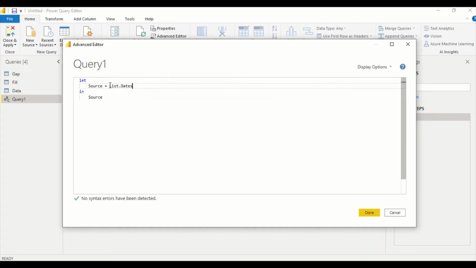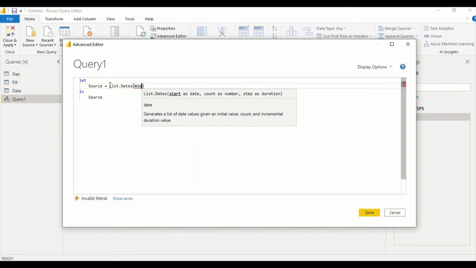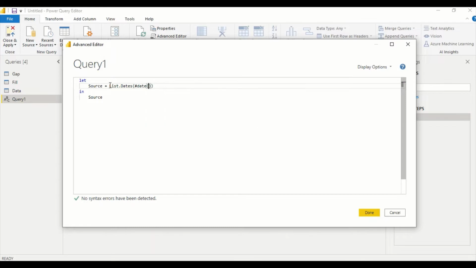We will say List.Dates. Let's see. List.Dates needs a start date, count, number of days, and step duration. So this is what we need. It needs a date first of all. So I can give a date which is #date. Now #date is the one shortcut where you can get the date here. So I would like to start from, let's say, 2018-